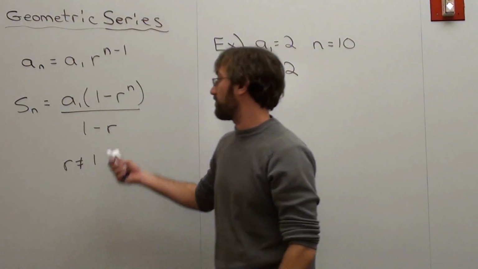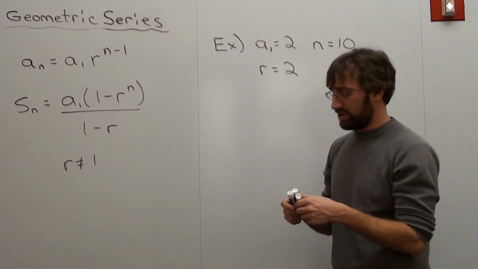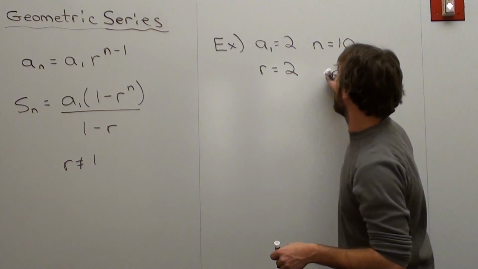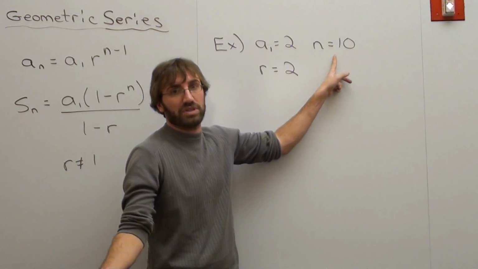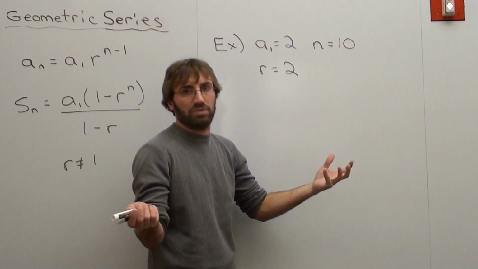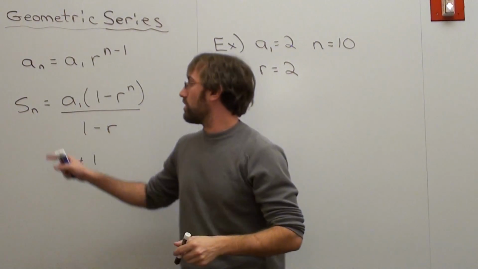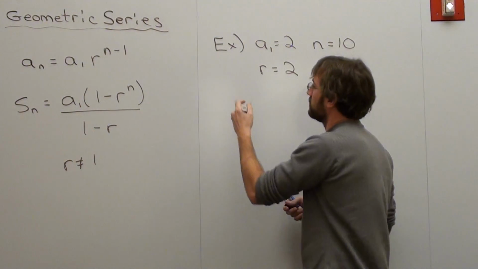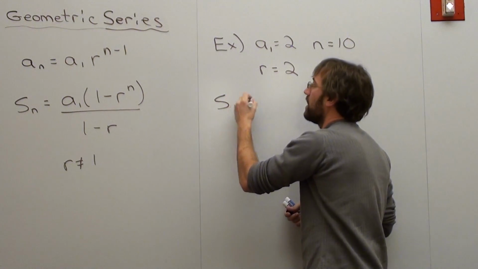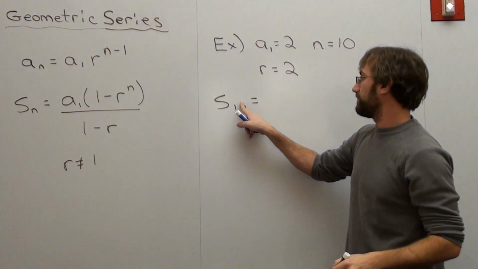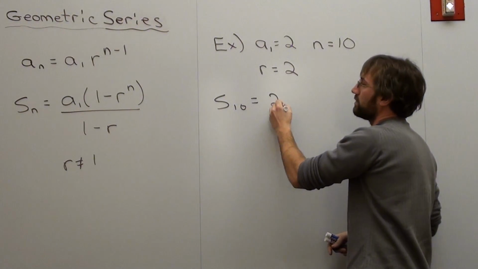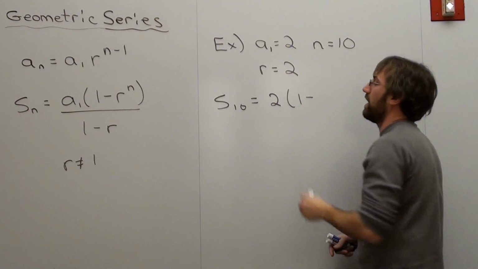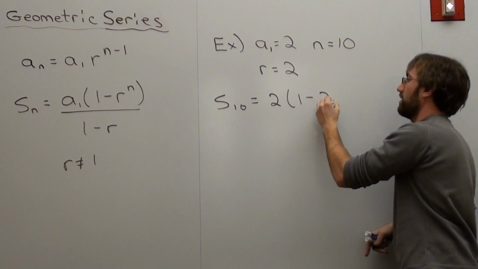but I'm going to go ahead and use this formula right here, and I don't know if it's necessarily much easier. Now, you're trying to find the first 10 terms, and people say, well, how do you know it's the first 10 terms? Because it says n equals 10. There's 10 terms. So, sum of 10, or series of 10, pardon me, equals a sub 1. A sub 1 is 2, times 1 minus 2 to the 10th,